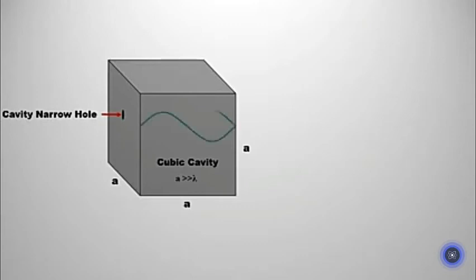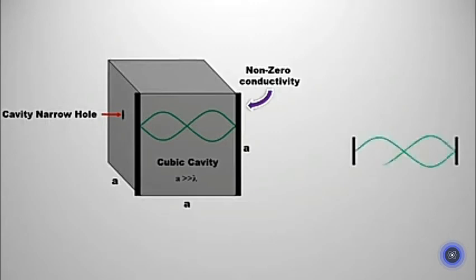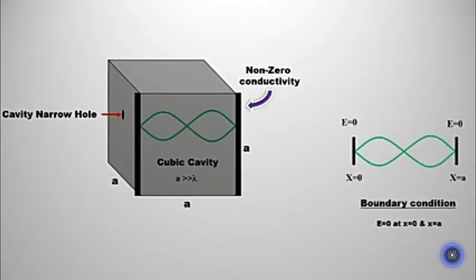In Rayleigh's law, it has been considered that radiation forms standing waves inside the cavity. The walls of the cavity should be such that they can confine the standing waves of the radiations inside. This requires non-zero conductive walls. If conductivity is 0, then the wall will be transparent to radiations. Hence, the conductivity of the walls is non-zero. So, the electric field at the wall will be 0. This is the boundary condition.